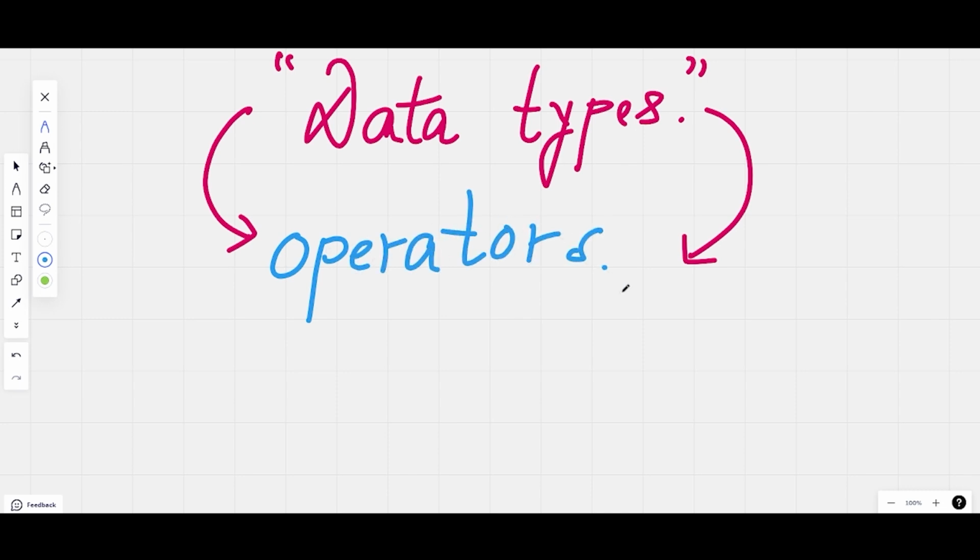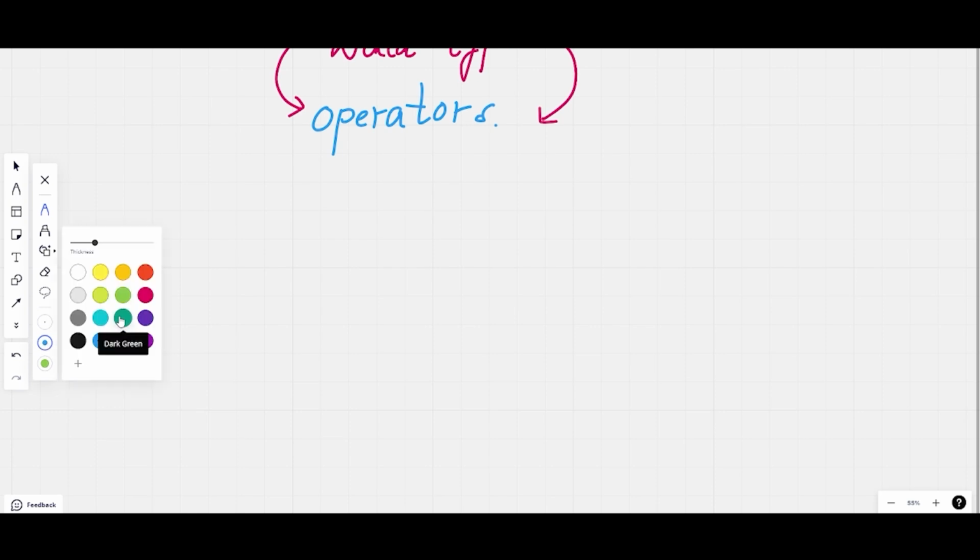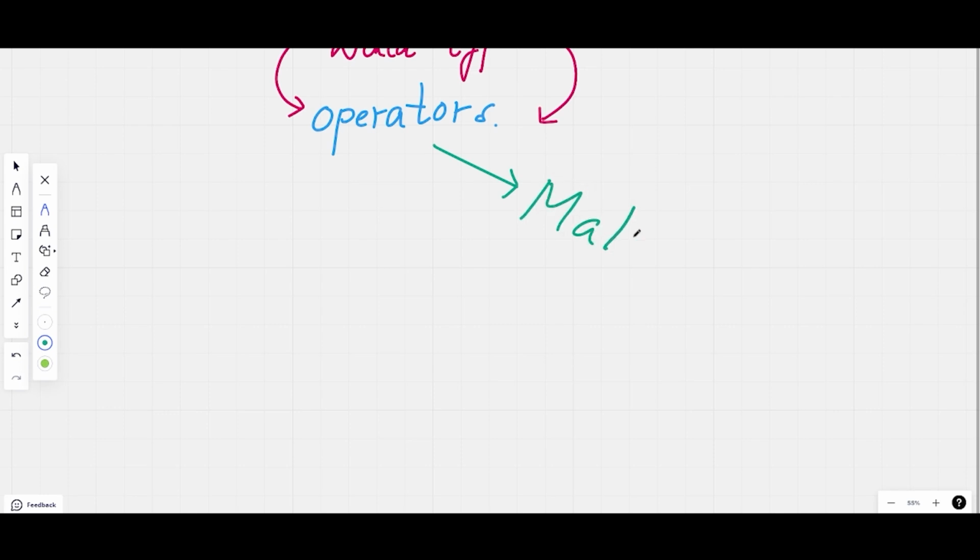Now, operators is a very big and broad topic, so I will make separate videos on it so that you can understand each and every operator, the concepts and the clarity with examples of programming as well. Now, when we talk about operators, I'm pretty sure you have learned operators, whichever grade you study in, you've studied operators in mathematics. Well, it is kind of the same, but here there are more operators when it comes to C++ programming.